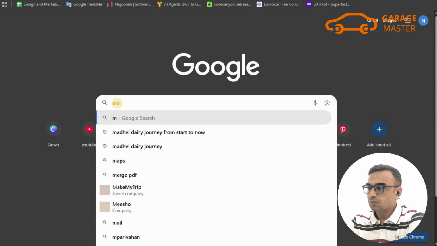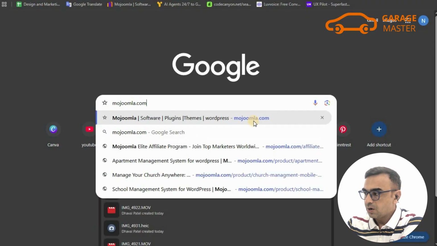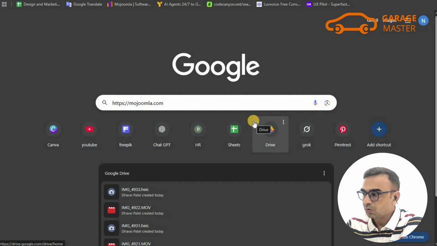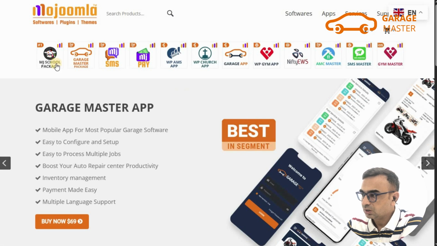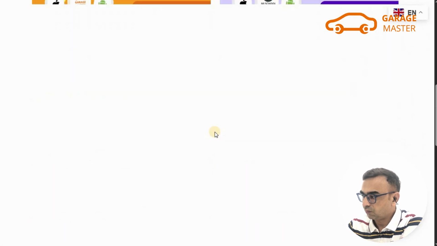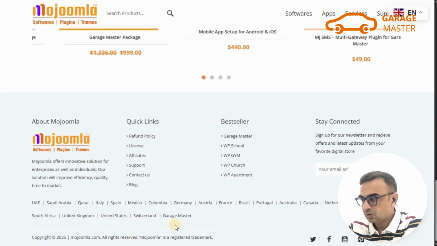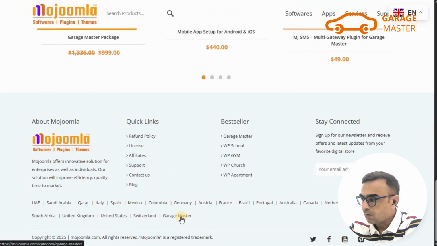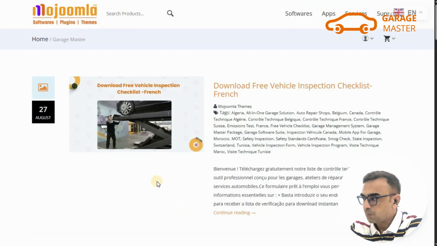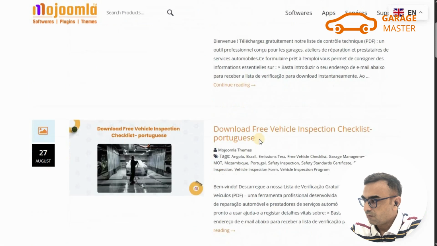So you need to go to mojoomla.com, and once you have the website open on your screen, you need to scroll all the way down towards the footer part of it, and then you need to look at Garage Master. Once you click on Garage Master, it will open up a free vehicle inspection checklist download page where it's available